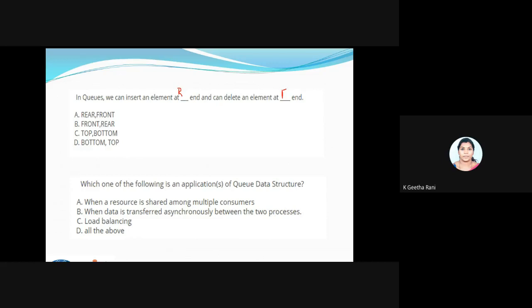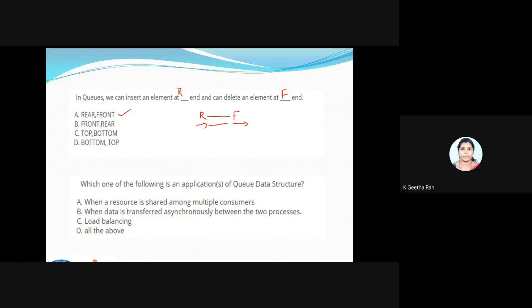Since it sounds like front, don't compare this front with insert. Assume it's a queue: here will be my rear end and here will be the front end. Here I'll be dequeuing and here I'll be inserting. So the answer to the first one is A.